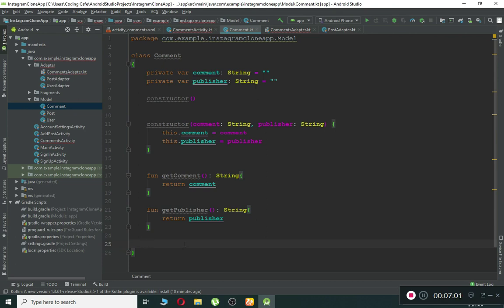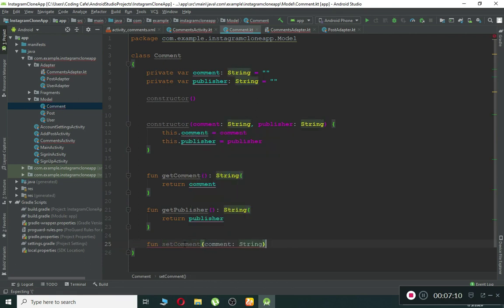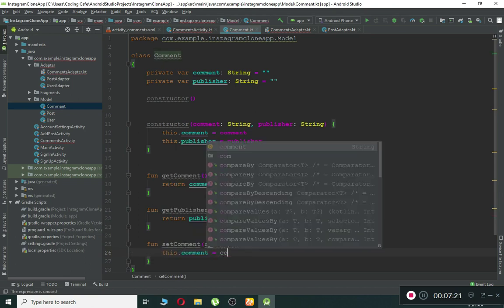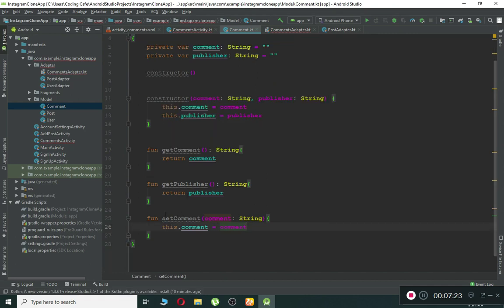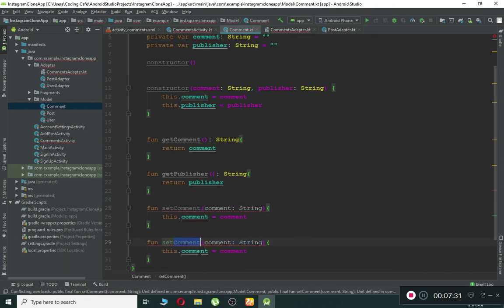So we can say fun set comment, and here we need to say comment, it is of string type, and two curly braces, and in here we can set this dot comment equals to comment. Let's just copy paste it for the publisher also. So we can say set publisher,